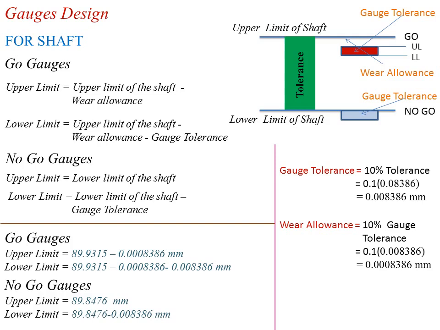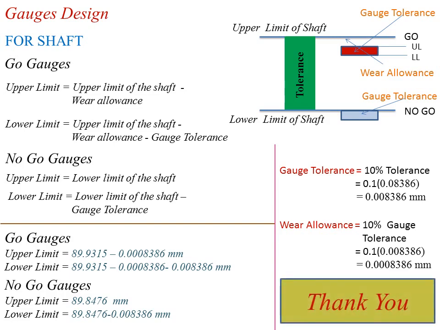Similarly, you have to see the no-go gauges. The upper limit of the no-go gauge is equal to the lower limit of the shaft, which is 89.8476, and the lower limit of the no-go gauge is equal to the lower limit of the shaft, that is 89.8476, minus gauge tolerance, that is